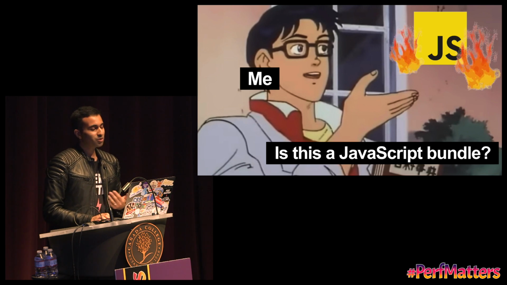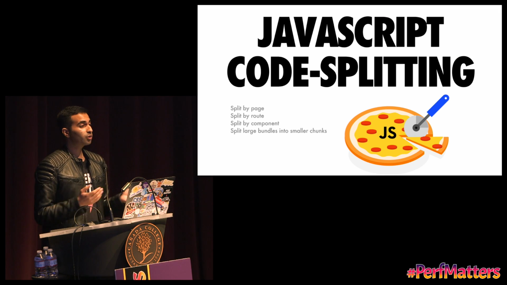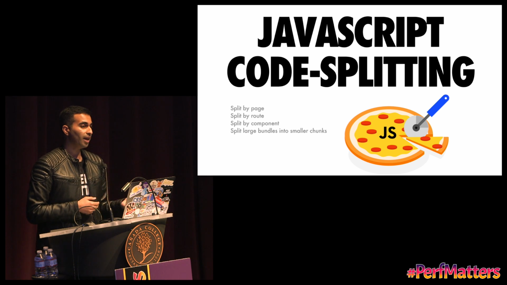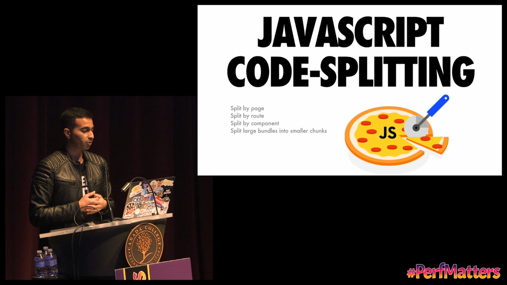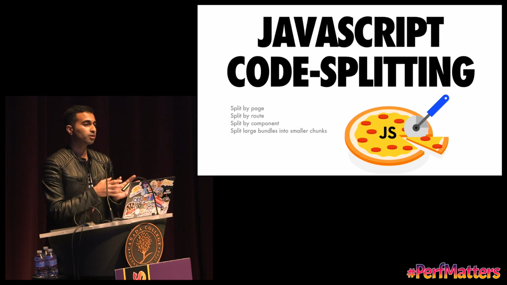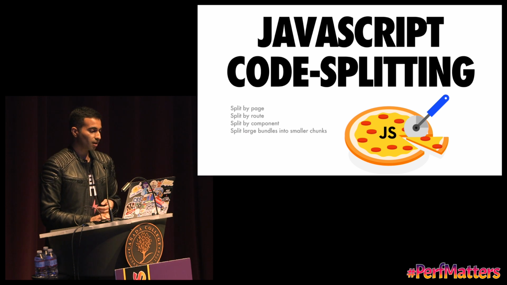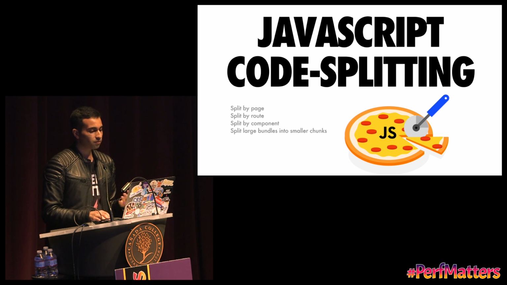So one thing that you can do to work around JavaScript bloat is code splitting. Now there are many different approaches you can take to this problem. You can split by page, you can split by route, you can split by component if you want to go really, really granularly. You can split your large bundles into very coarse or very fine bundles that can take advantage of parallelization. And if folks are less experienced with what code splitting means in practice, here's a very quick